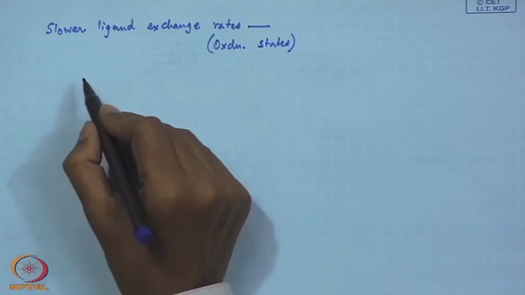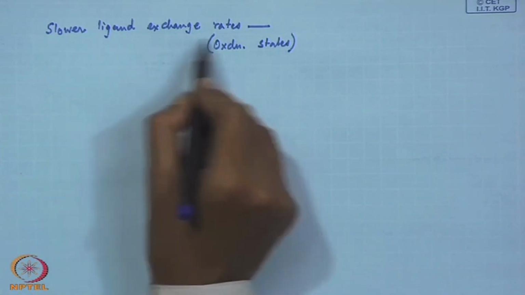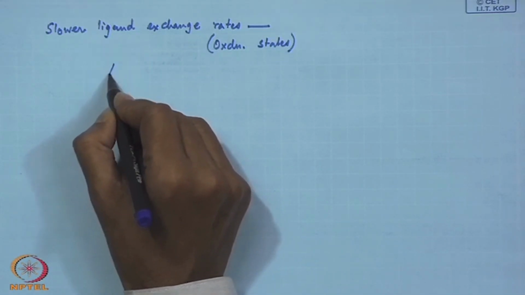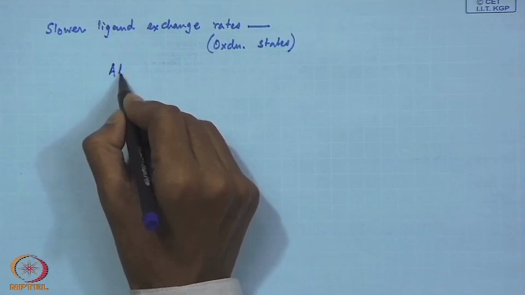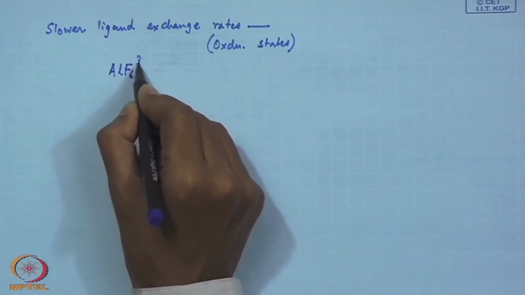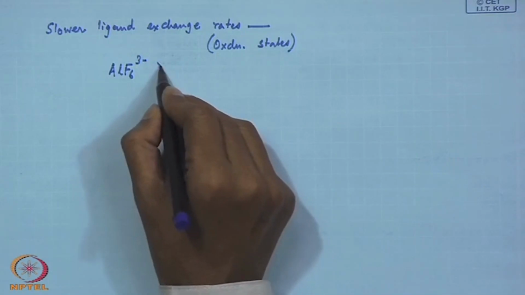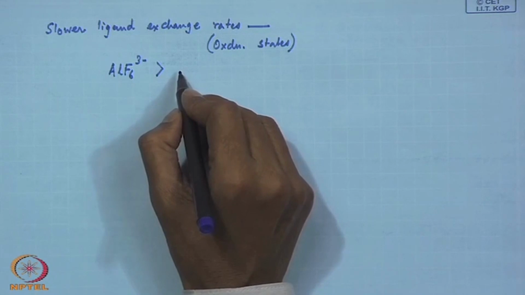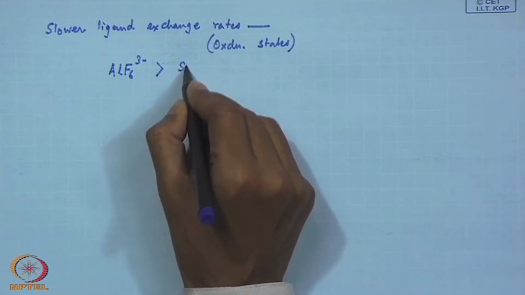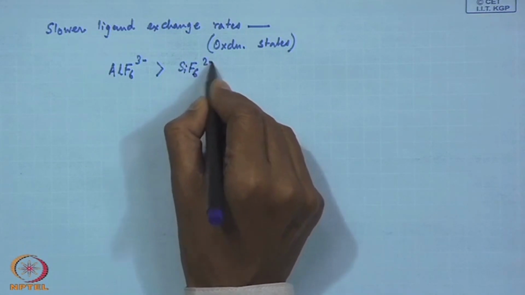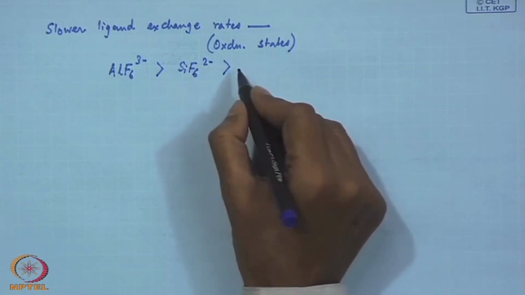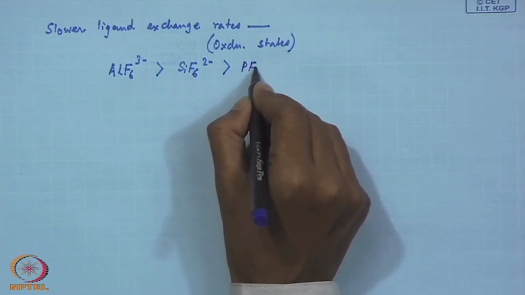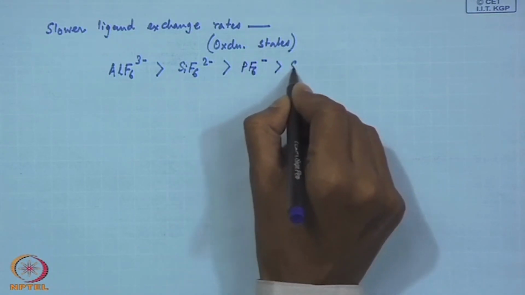Depending upon the oxidation states, we have a very slow ligand exchange rate compared to the rate of the reaction for water exchange and other ligands. So, if it is dependent simply on the oxidation state, the rate of the reaction is greater for hexafluoroaluminate to SiF6 2 minus, where the oxidation state is different, then PF6 minus, which is greater than